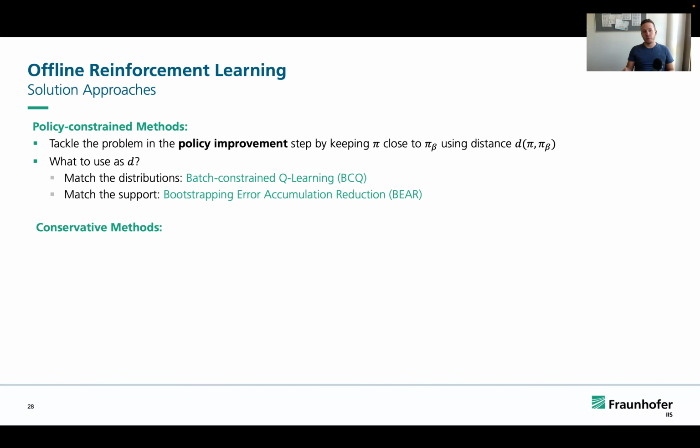We will then see that there is also a limitation with BCQ, and then talk a little bit about bootstrapping error accumulation reduction, BEAR, which is not really matching the distribution, but is more resorting to a kind of support measure to restrict the new policy with respect to the data from the policies that generated the data